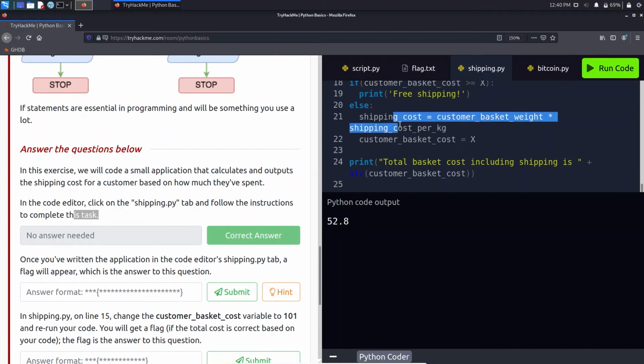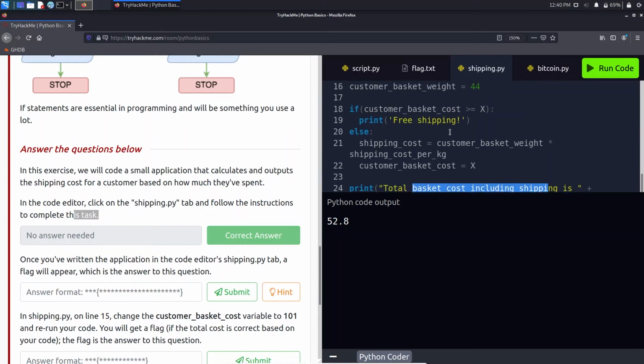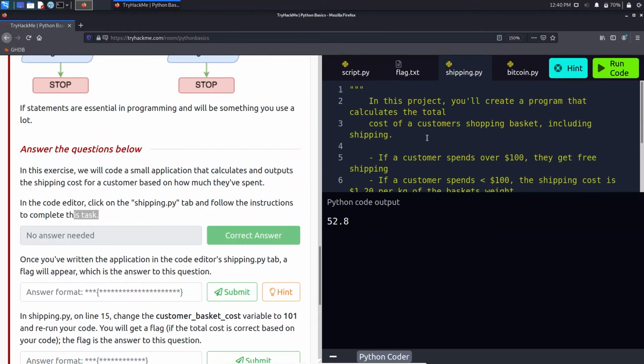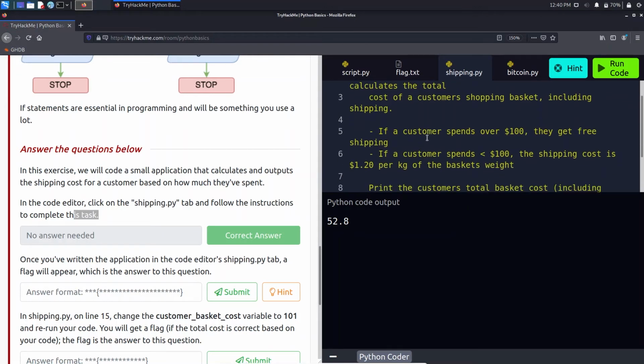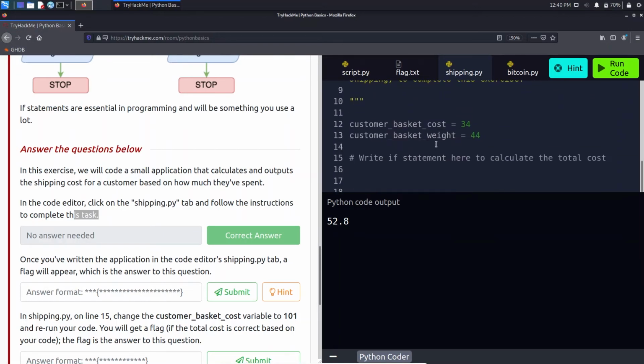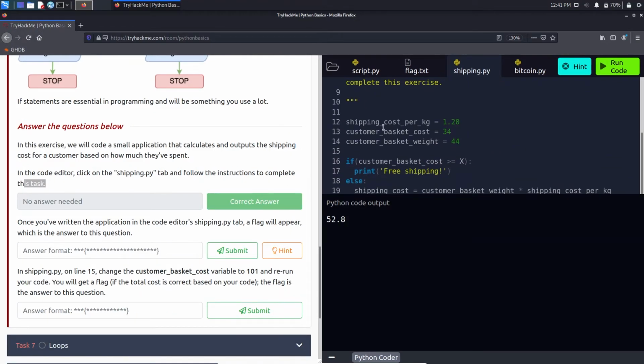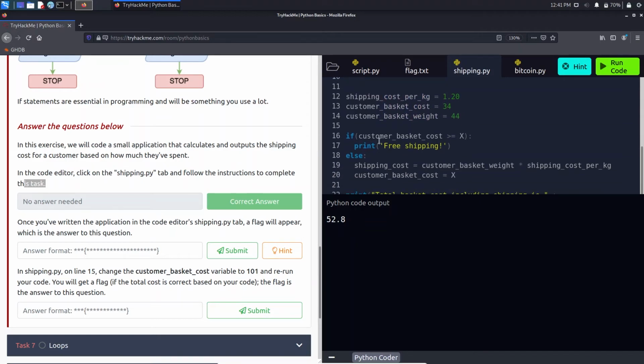We did the same, that is, we need to print free shipping or the total basket cost including shipping. Just go back to here, it didn't show us that, so we just do as it is stated there. So the code will become as shipping cost per kg 1.20 with customer basket cost and customer basket weight already given. So if customer basket cost is greater than or equal to X, then print free shipping.